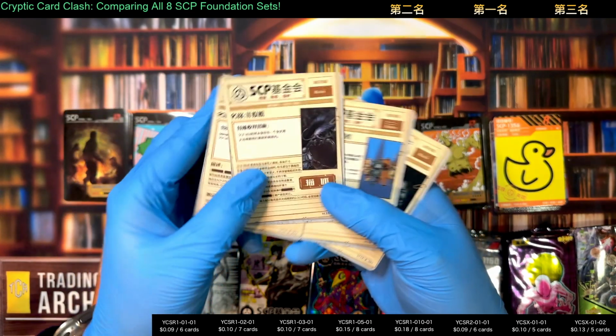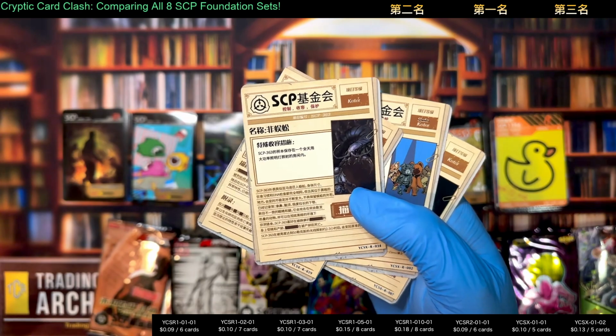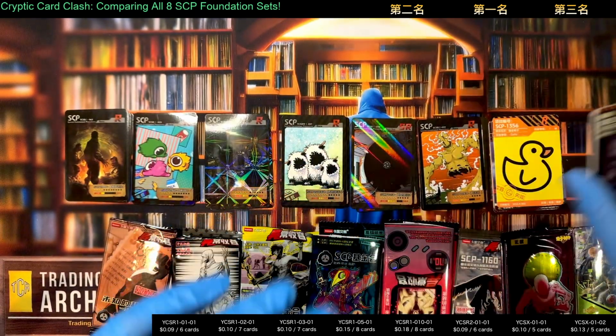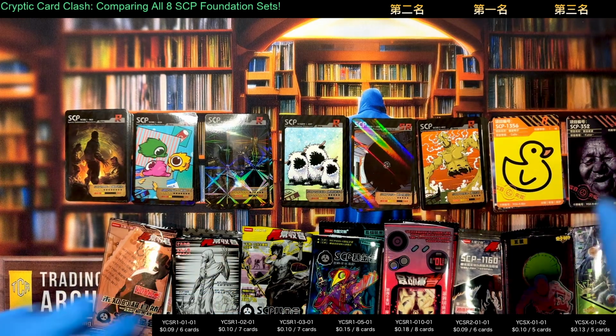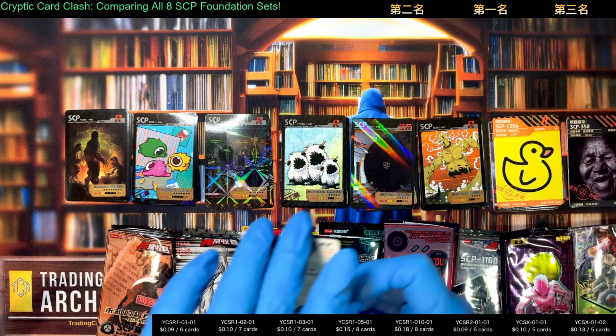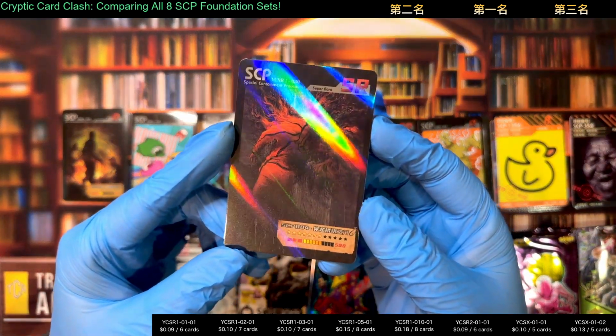Oh, here's a Keter. So there you see a Keter level is the hardest, the most dangerous. Actually, there's 3 Keters in there. It's very dangerous. Okay, so there's our base. Let's check out our hits, and then we can start nominating some winners here. And so this SR is